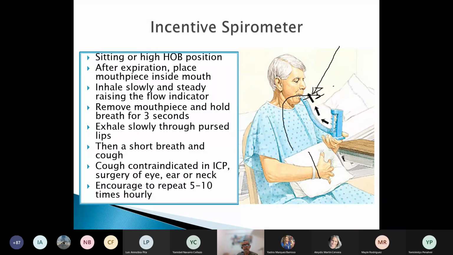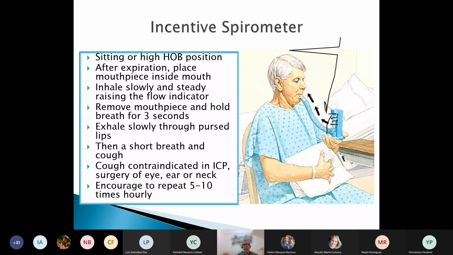Remember that the patient breathes in through the device and breathes out through pursed lips. If they have wounds or pain, they can use a pillow to splint the wound, to prevent stretching of the wound and stitches, especially if the patient is going to cough, as is usually recommended after the use of the incentive spirometer. You are going to encourage the patient to introduce more and more air, elevating the marker that the client uses as a reference to increase the depth of the inspiration each time. The purpose of this is to prevent atelectasis and post-surgical or perioperative nosocomial pneumonia.